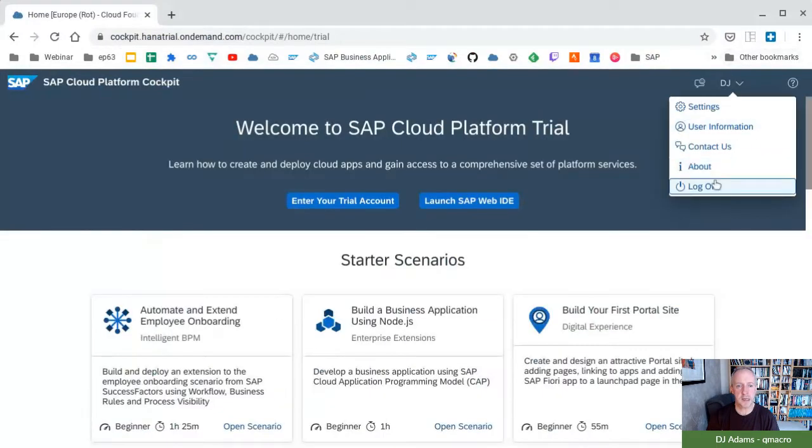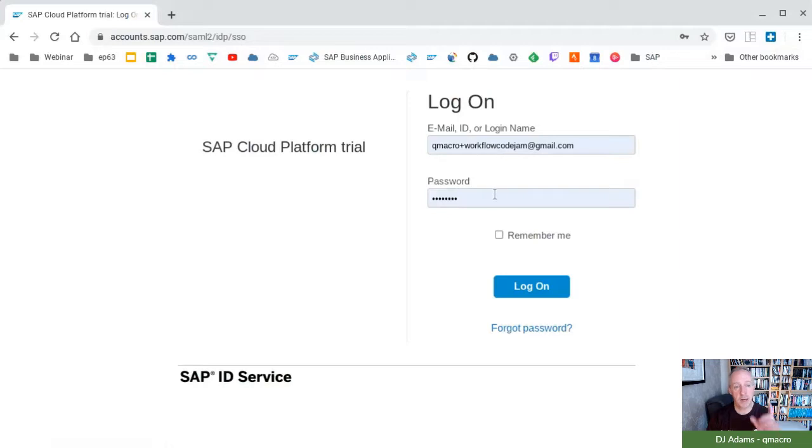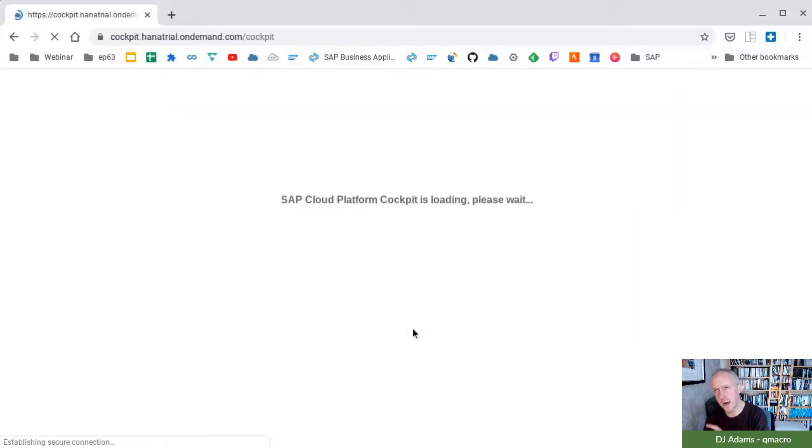Oh, for goodness sake. What's going on? Ah, right. We've now successfully logged off. Let's log on. There we go. Now I want to log on as QMacro plus Workflow CodeJam because that's where I want to deploy this desk